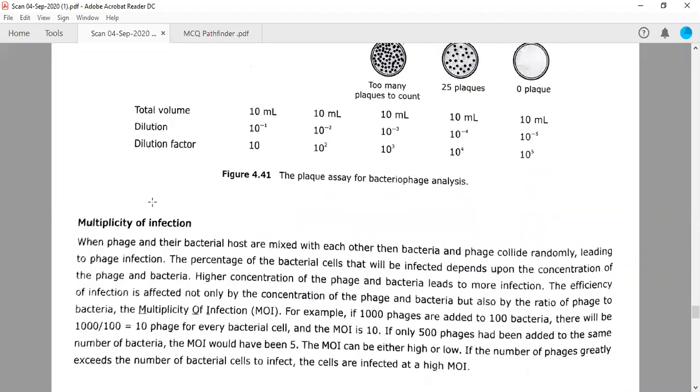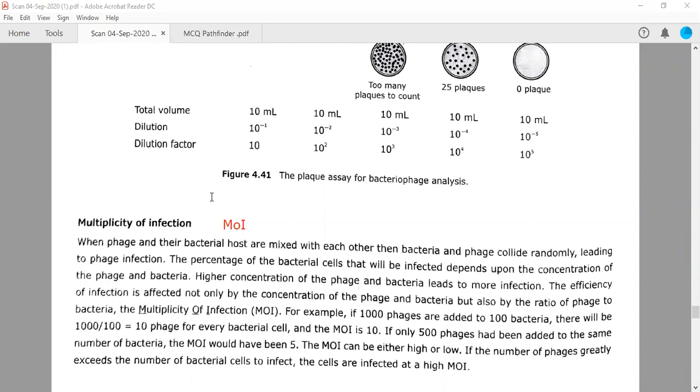But there is another type of question from the same topic, which is called MOI, multiplicity of infection. In this type, actually, this is not very tough though. This is quite easy. So this is known as multiplicity of infection, right? MOI. So what is this actually? Multiplicity of infection in simpler terms is the number of viral particles which are going to infect the same cell. Okay. So at the same time, how many bacteriophages or viral particles are available for each cell of bacteria. So this is known as multiplicity of infection.